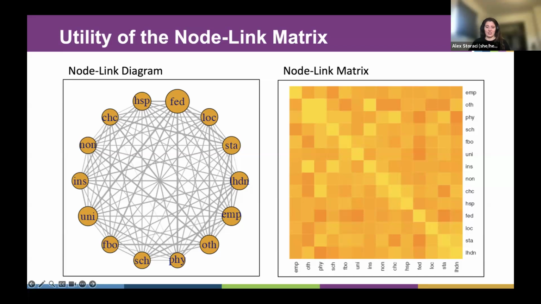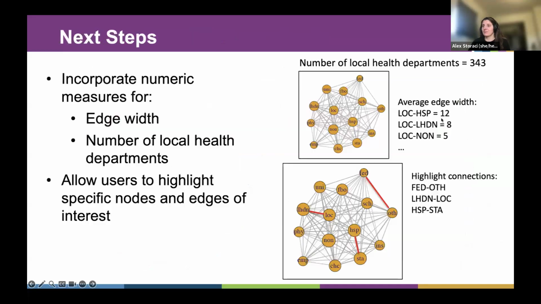Similarly, you could look at the little yellow boxes and look at the relationship, for example, between health insurers and schools, and you would see that there is very little collaboration occurring between health insurers and schools, and that would be expected. So next steps, I would like to incorporate numeric measures for both edge width and the number of